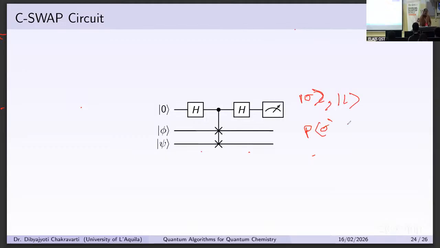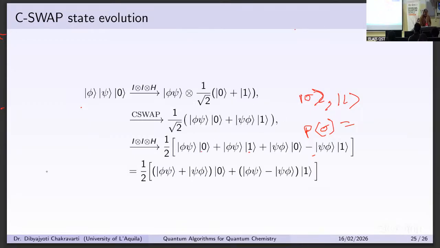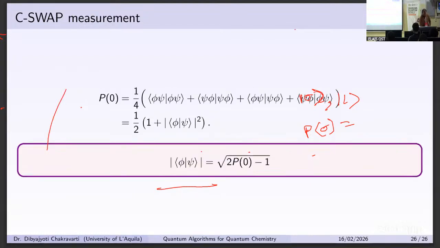So the probability of 0 will be equivalent to this one. And since it's a probability, it would be just a square. So phi psi, psi phi square plus